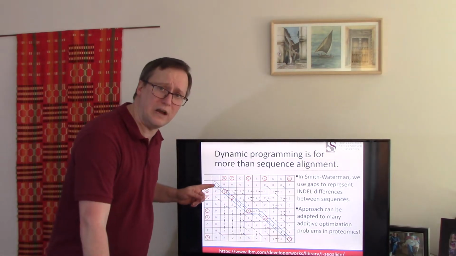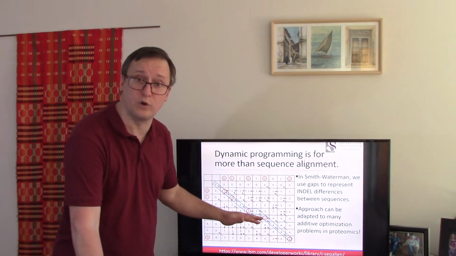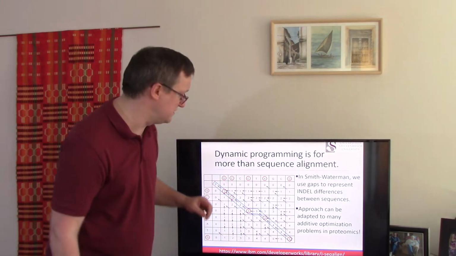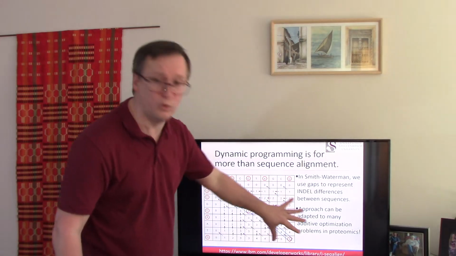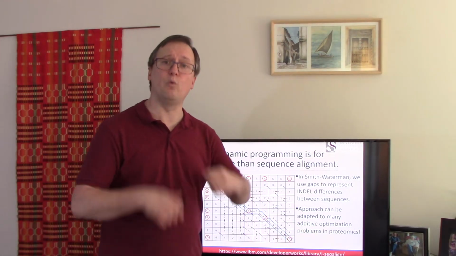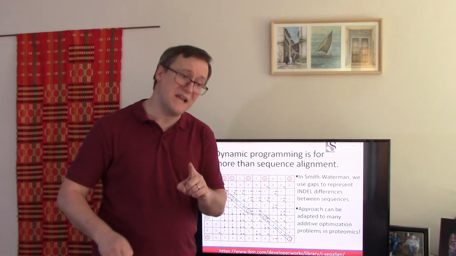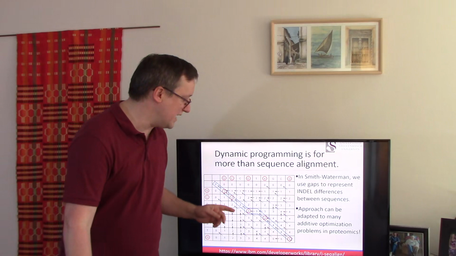So dynamic programming allows us to find the optimal match given our scoring rules, in this case maximizing the number of identical amino acids between two sequences. Basically by filling in this table once, we are able to find out what the optimal alignment of one sequence versus the other is. Now it might be that over the time period of evolution we've had some insertions